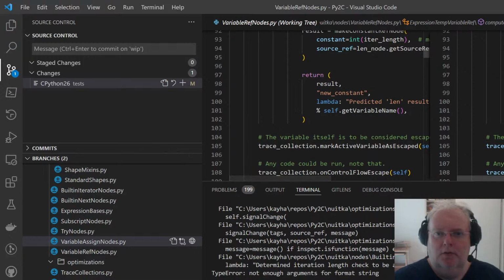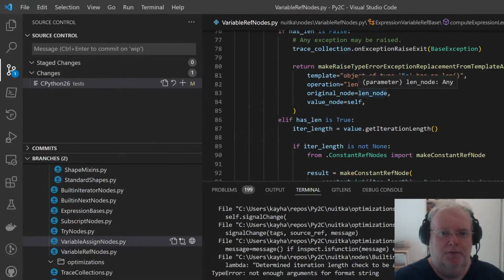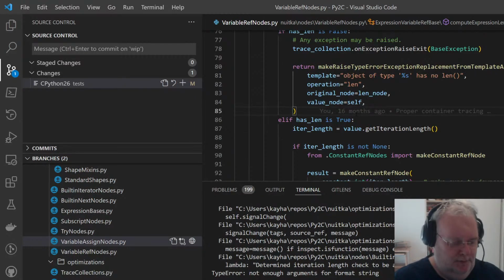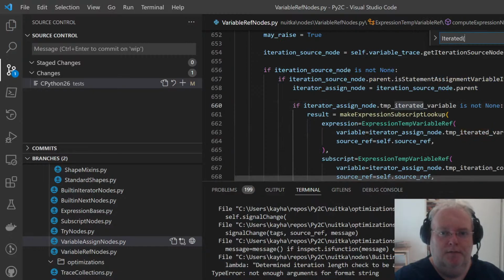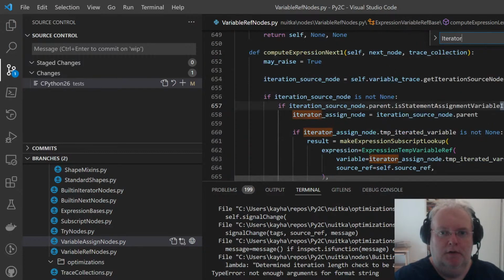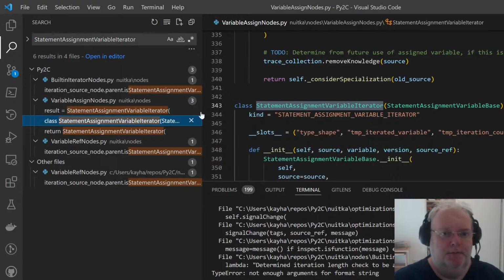Yeah, so what I did, because the statement, there's one problem here. And this is if I did not have this iterated assignment iterator. This guy here, statement assign. It's not in this file. It's here.